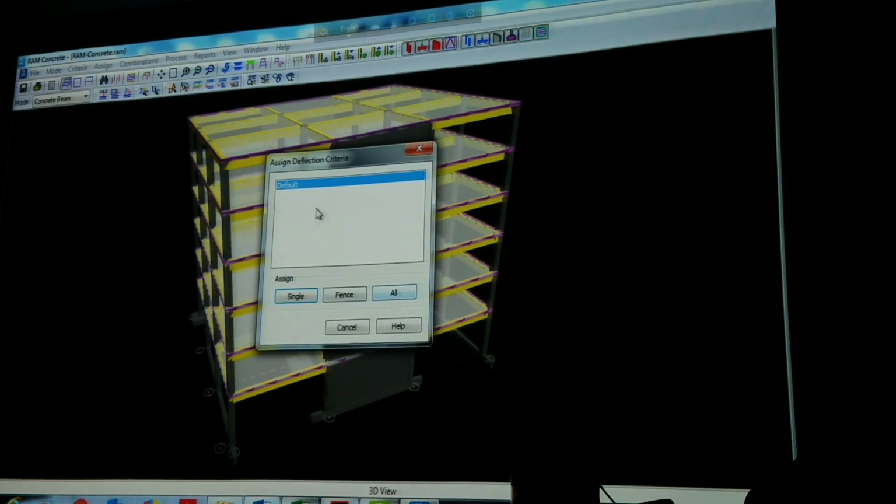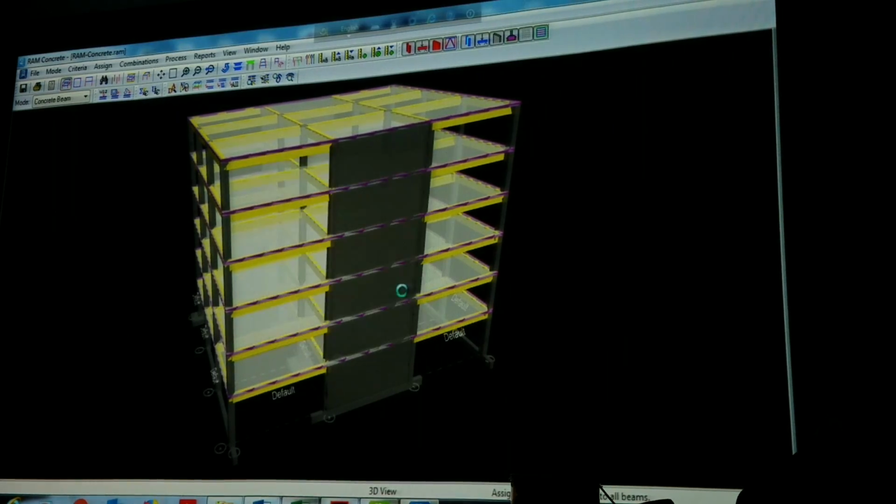Deflection criteria, and I'm using the default value of the deflection. You know what the default value is? L over 240 for dead load plus live load, and L over 360 for live load only. That's the code specified. Are you familiar with that? In senior design you have learned that, right? Sure. Okay. Anyway,